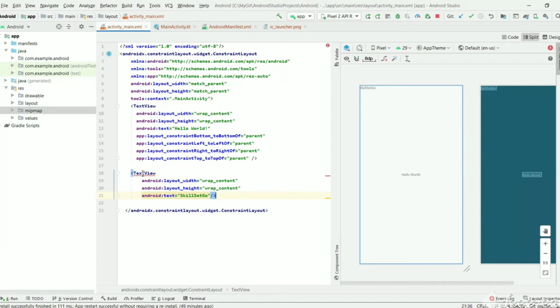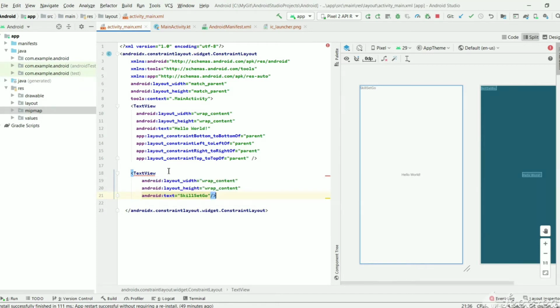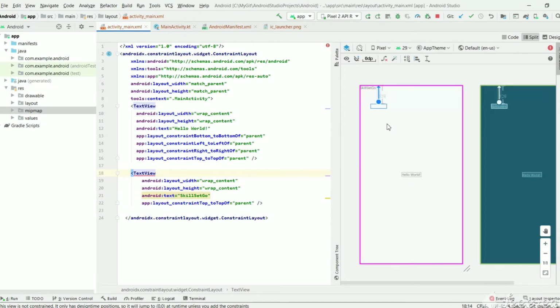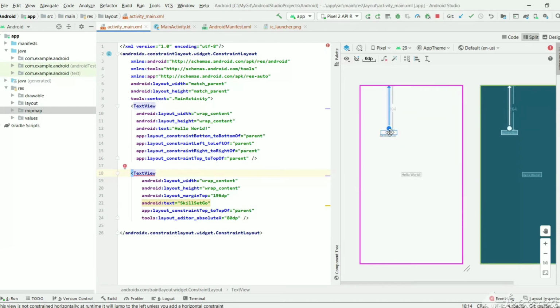Missing constraints attribute. As this is a constraint layout, we need to have constraints for all the boundaries, and instead of writing every constraint manually in the XML file, we can set all constraints like this.